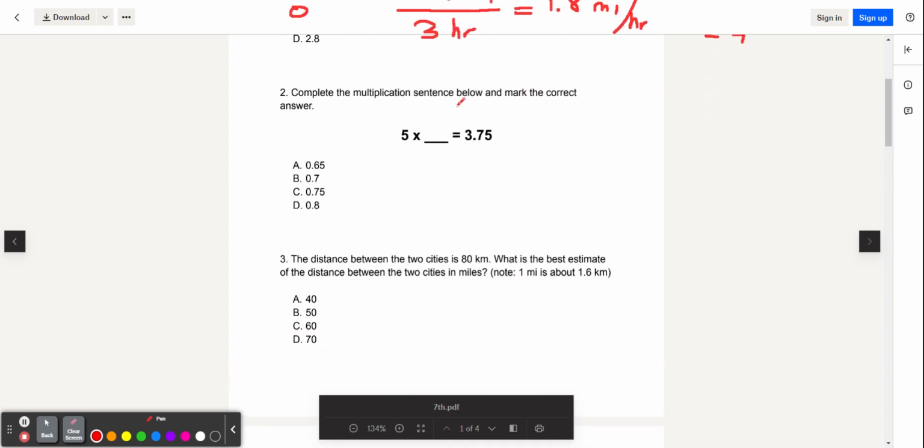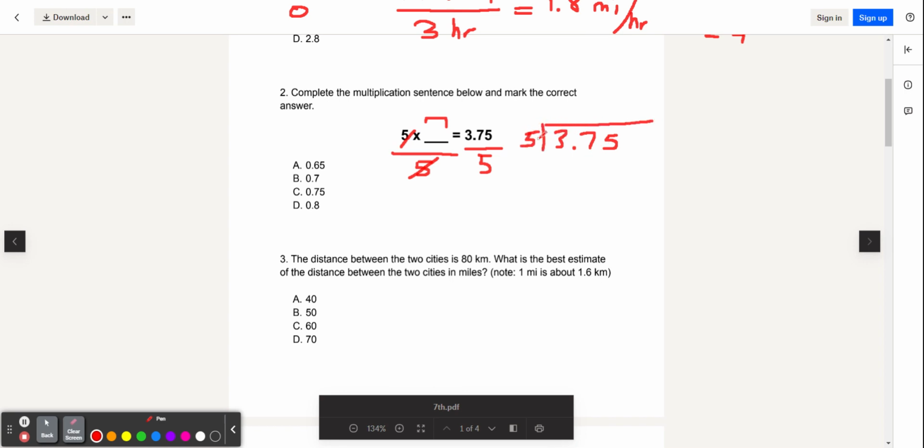Complete the multiplication sentence below and mark the correct answer. 5 times our blank is 3.75. We simply need to solve for this unknown, which means we divide both sides by 5. 5's cancel out here, and we simply need to divide once again. So if we were to show our work,